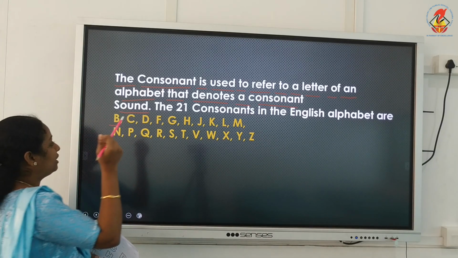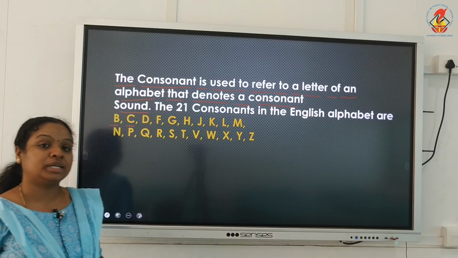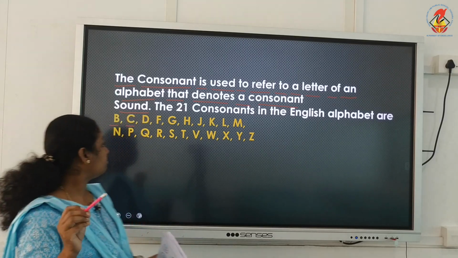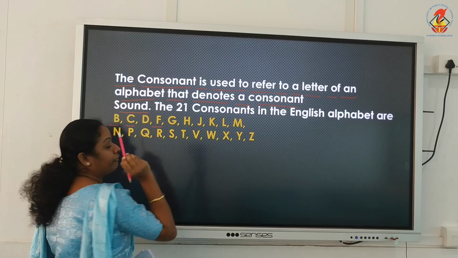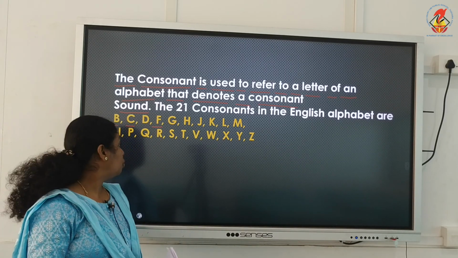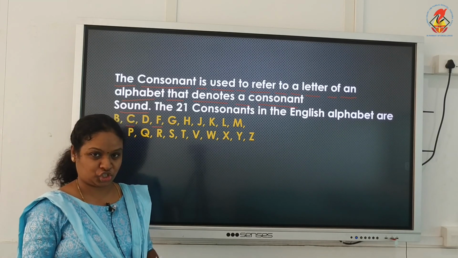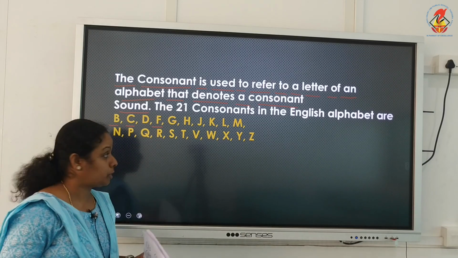Okay, and if we take the next example, C. The C sound is K. So, K for cat. And then if you take the example F, its sound is F. So, the word fish, F for fish. Okay, got it. So each consonant has a consonant sound.